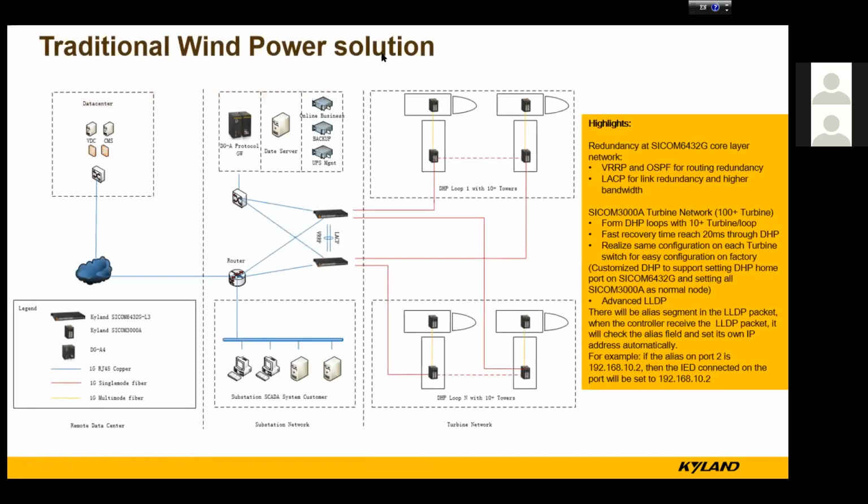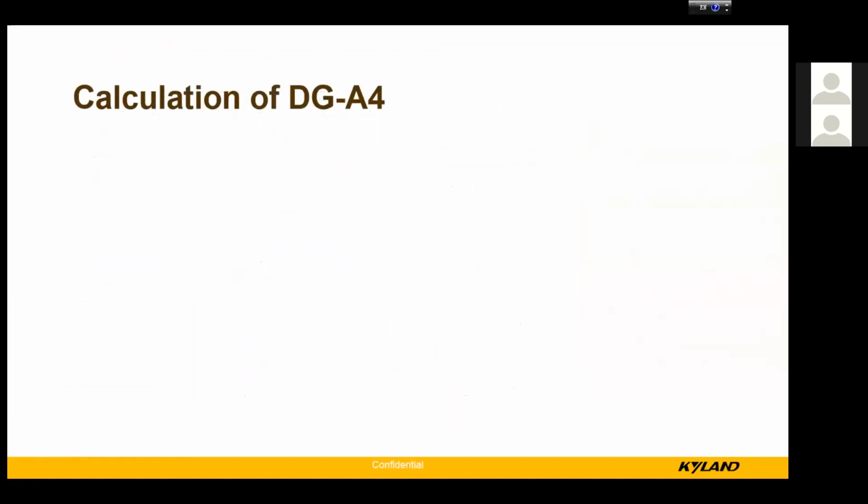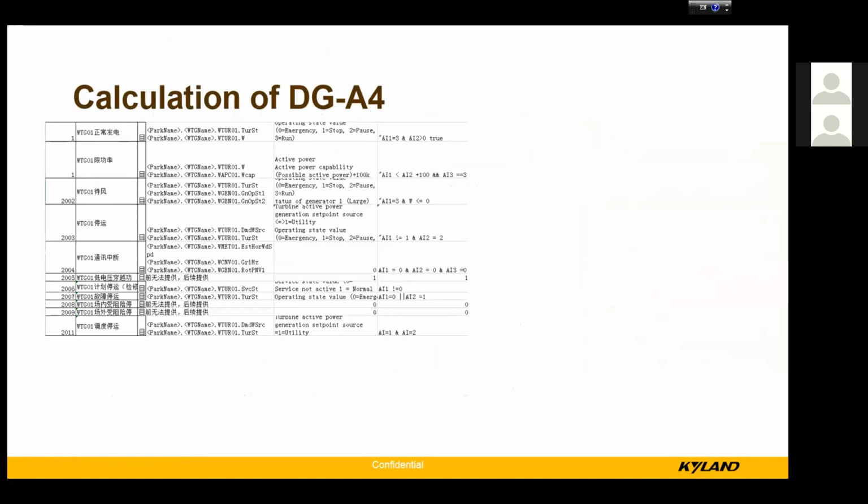And also we can see that there is a DGA series gateway here. It is used to convert from the protocols, and it should convert to 104. And another thing, it is not only a gateway, and in this project, we also use the calculation function on the DGA4. Since the customer is using a new generation SCADA system and operation system in this wind farm, but